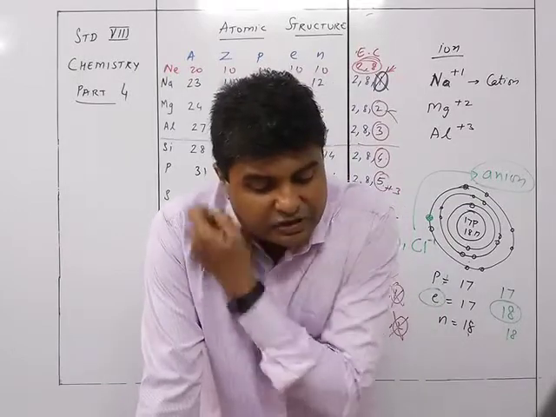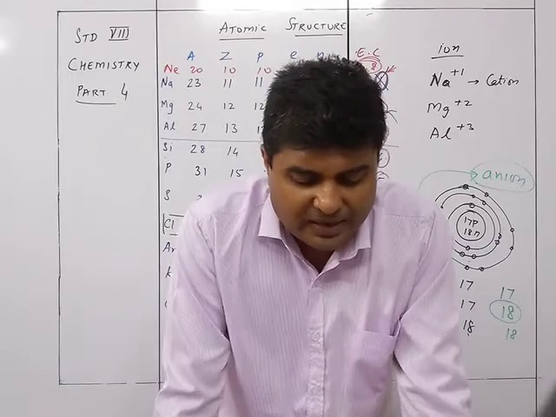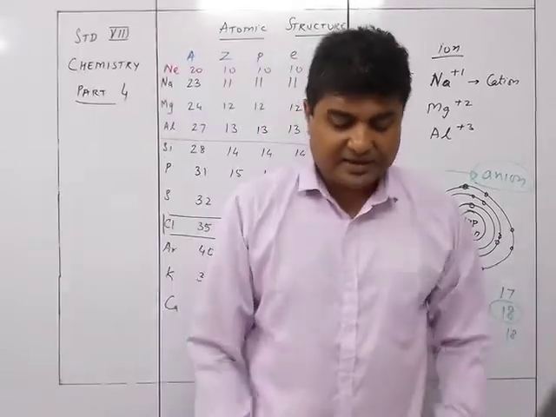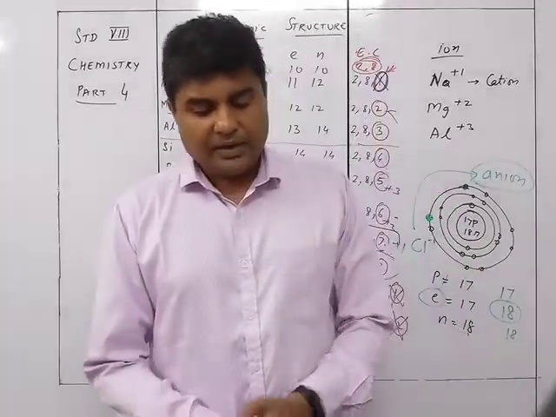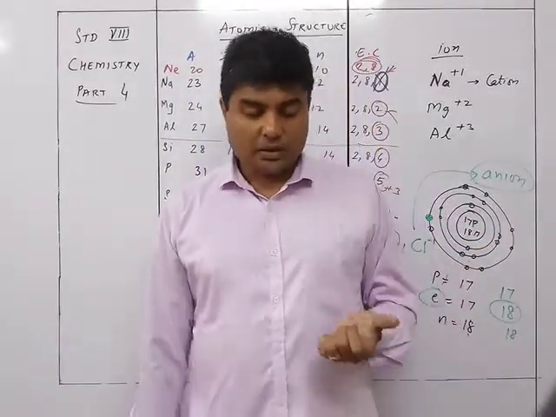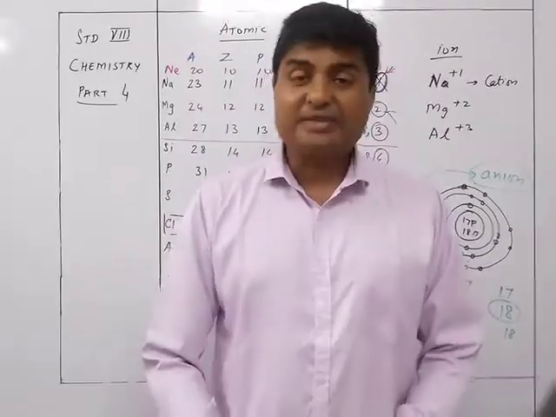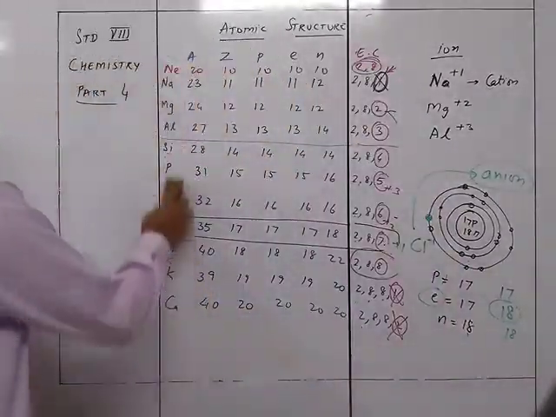Combining atoms redistribute the electrons so that each combining atom attains a stable electronic configuration of the nearest inert gas. This is achieved by electron transfer, that is electrovalency, and that is seen in this way. So what we see is two elements, Na and Cl. Let's take the example over here.